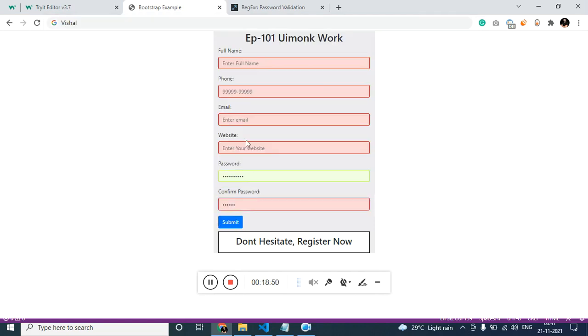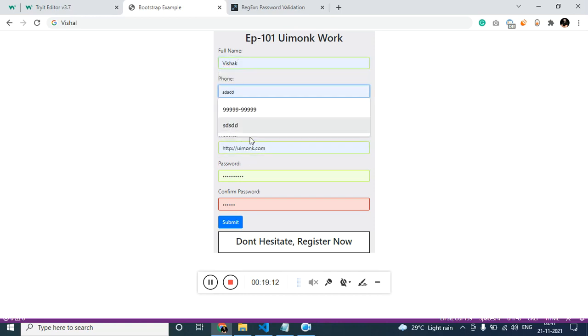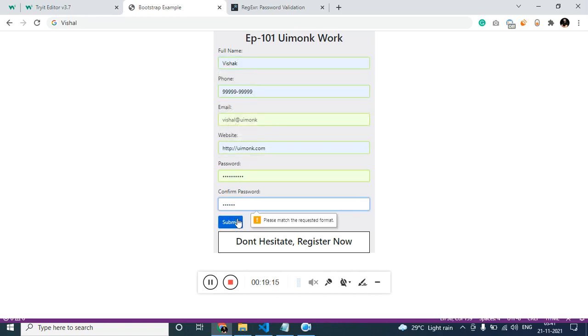Fine, that is working. Now we can skip the email and URL, because HTML itself gives you proper validation. If I just type vishal@uimonk, it is actually going to accept.